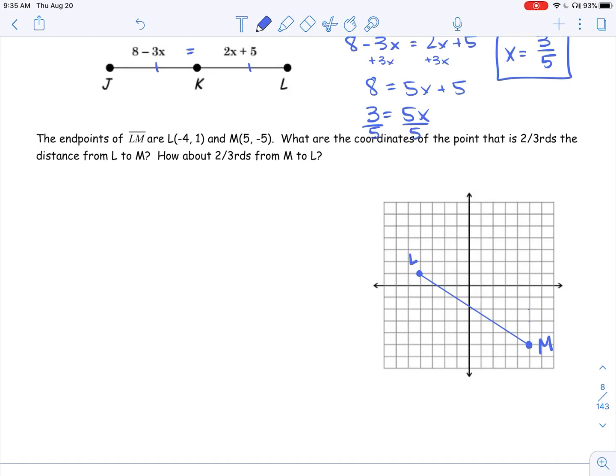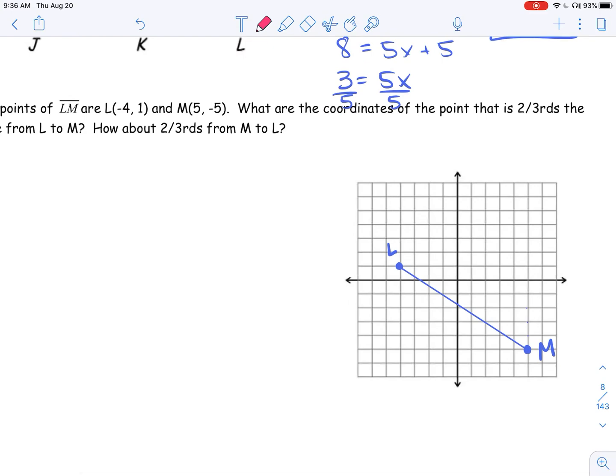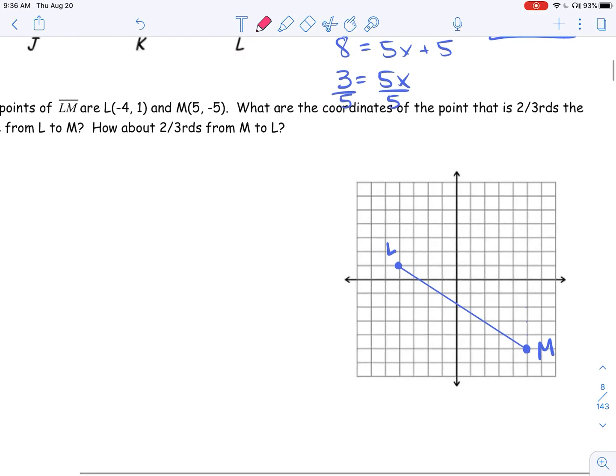So think about what we did back at that problem at the very beginning where we had to go 3/5 in one direction. We're going to do the same thing, except now we have to do it twice, once for the x's and once for the y's. So let's focus on the x's first. X's move side to side. So if I want to go from L all the way over to M,